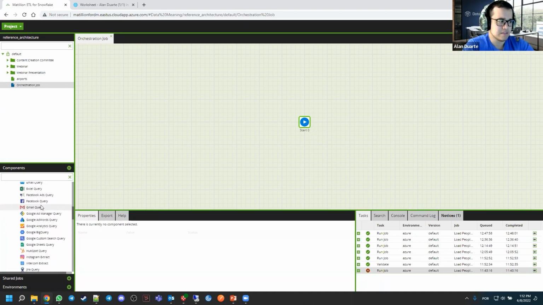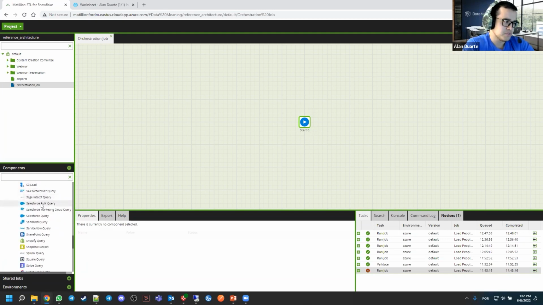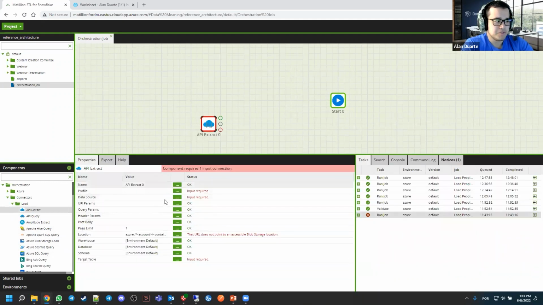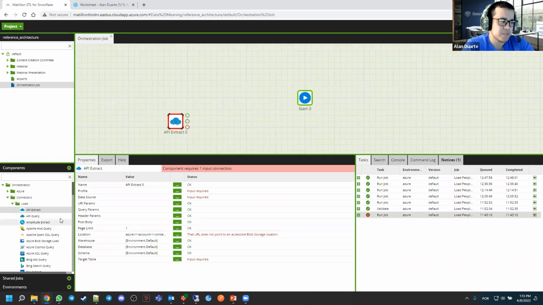We can see here that the list is huge, right? So we have a lot of connectors available for us. And as I said, since we are talking about orchestration, each one of these that we bring, for example, an API extract, just by bringing this, allows us to configure the API, and we also always have to load a Snowflake table for that. So every time we use an orchestration component, we are going to load this data, land this data to a Snowflake table, all right? So we have several kinds of connectors today, several kinds of systems, APIs available for us